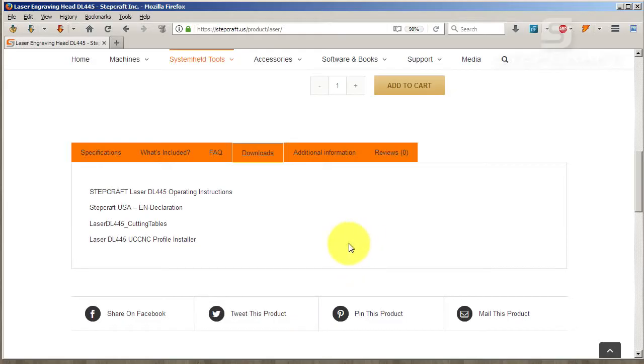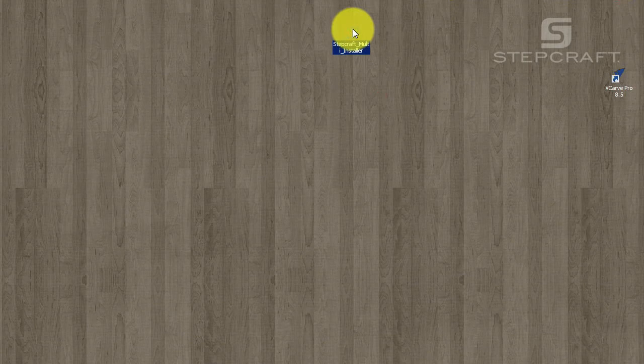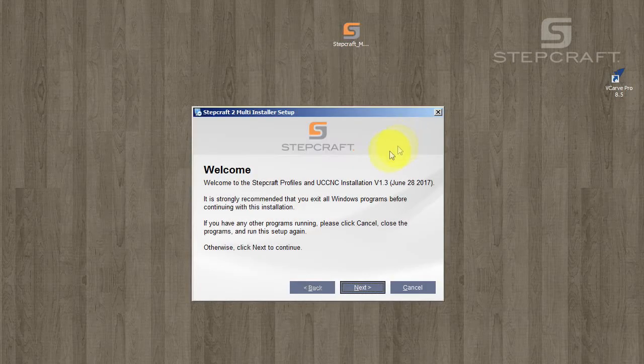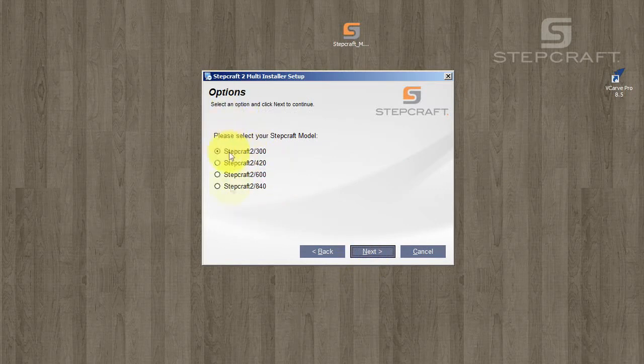Okay, so we download this file, the multi-installer, and we get this file. The first thing we need to run is to install the software. First you will see here there is a version of the software, also a date, so you can see if you have the latest version of the software on your machine. Right now it tells you to select your machine. In this case I have the 840,